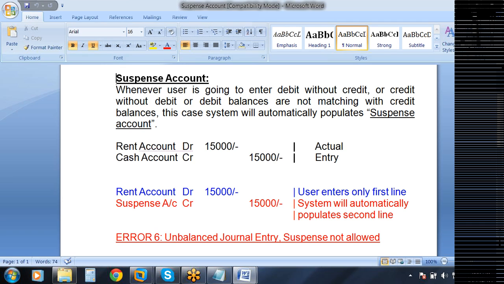Sukumar: Yeah, that's the last line is what I'm confused about, Sai. It looks like, as Harsha said, if there's a debit entry for 15,000 for rent, and there is no corresponding credit entry, then the system automatically populates the suspense account with a credit entry of 15,000. But I don't see why there should be an error, unbalanced journal entry. I think maybe